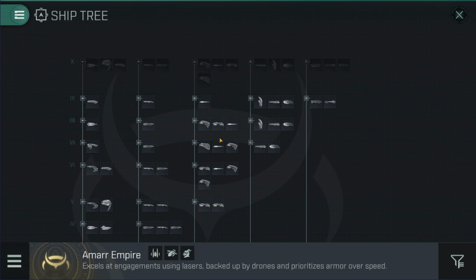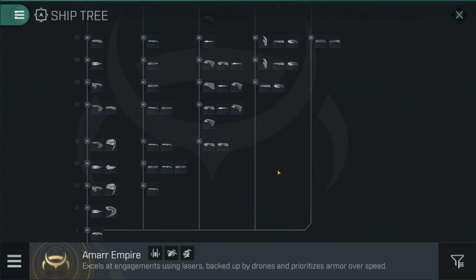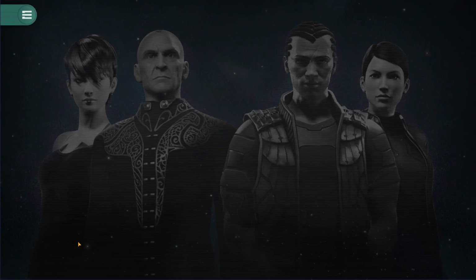Then we have battle cruisers, and they are heavier. They can either do more damage or they can take a lot more damage than cruisers. There are the battle cruisers, and these are battleships, and you need to be Tech 9 in order to get these battleships up here. So that's the tech levels down the side. Those are the different types of ships you're looking at, and each of the empires, I'll just quickly show you, have the same